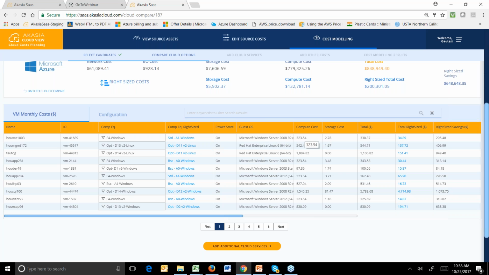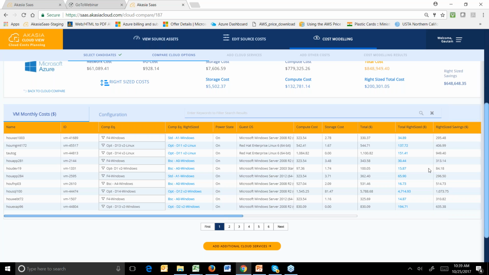But here's the thing, the compute cost. The compute cost comprises of basically the CPU and memory, the shape itself, the F4 windows in this case. And this is the cost of the extra storage, the blob storage, or whatever storage you were talking about. And the total cost is this. Now compare this with standard A1, which is what we recommend based on the activity within this particular system. It's about $34, so there's a significant savings, about $300 per month in this area. This is a very important information you need to have as you consider moving to the cloud.